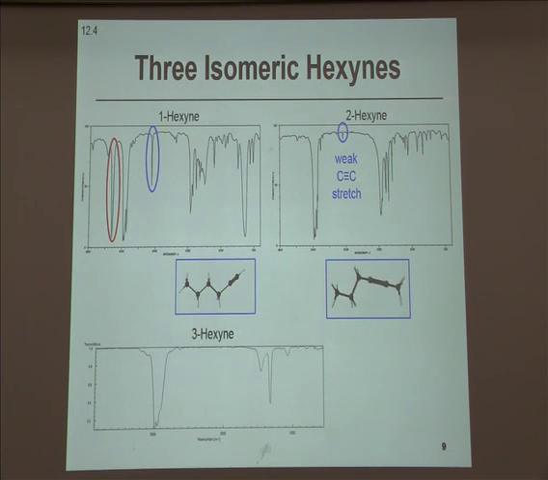And in fact, if we go one step further and move the triple bond from the 1 position to the 2 position, all the way to the 3 position, which is at the center of the molecule, the CC stretch intensity goes to 0. And that results because the two sides of that triple bond are symmetric. They are both carbon atoms with ethyl groups attached. And as a result, the change in the dipole moment as that vibration occurs goes away, as does the intensity